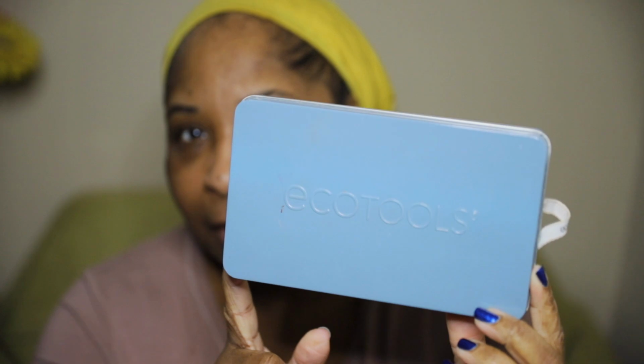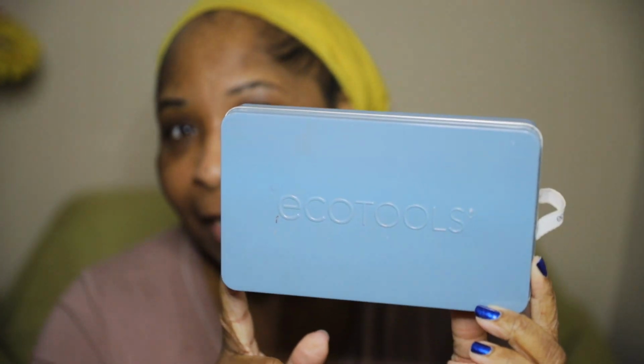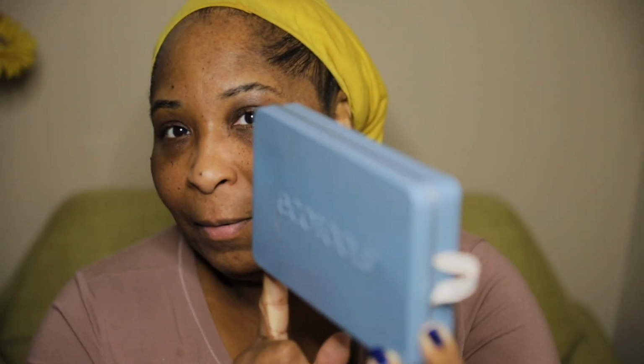So today guys, I wanted to just come on and do a quick everyday makeup routine using the Echo Tools. This is the Echo Tools Start the Day Beautifully brush kit. I've had this kit for a long time. It's one of the first makeup brush kits I purchased when I first started wearing makeup, and I saw it